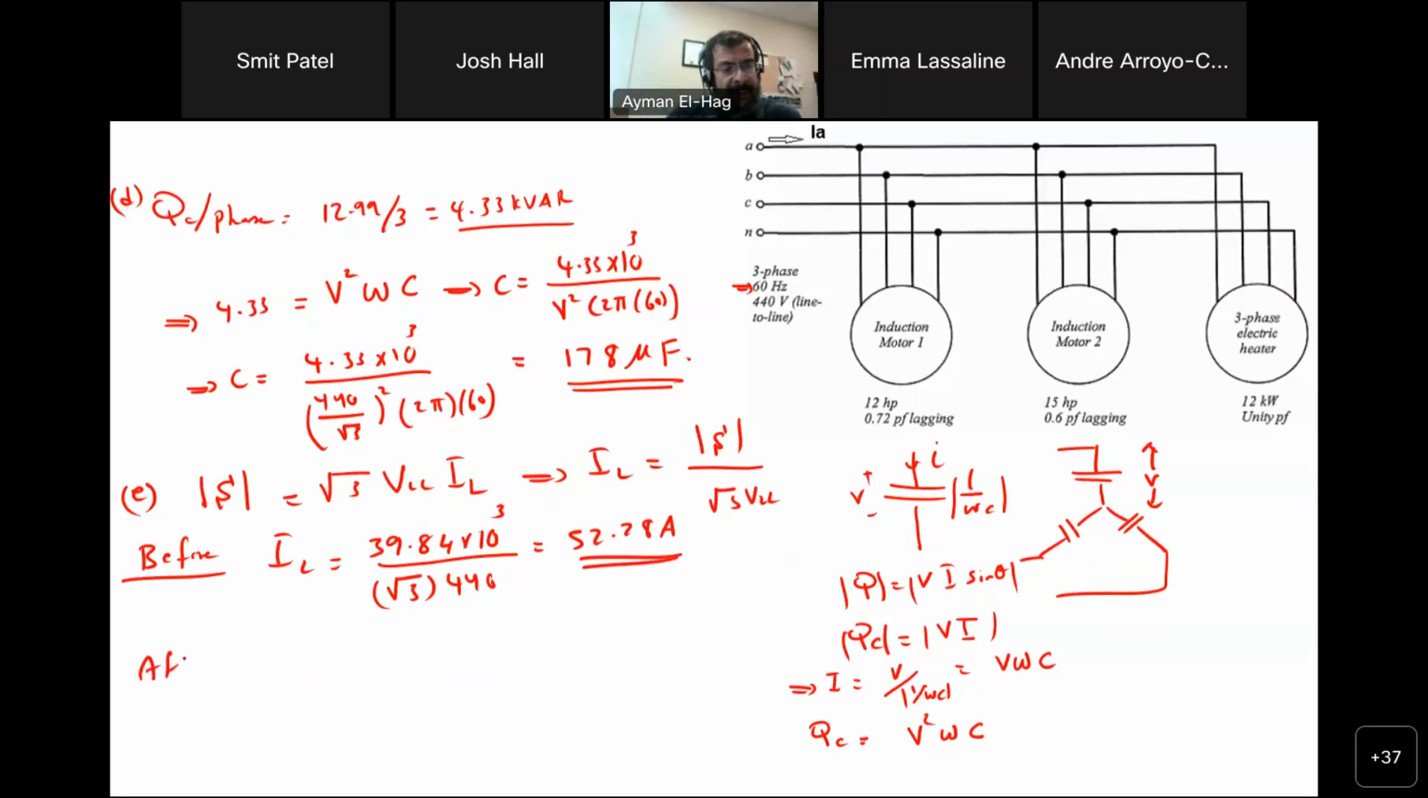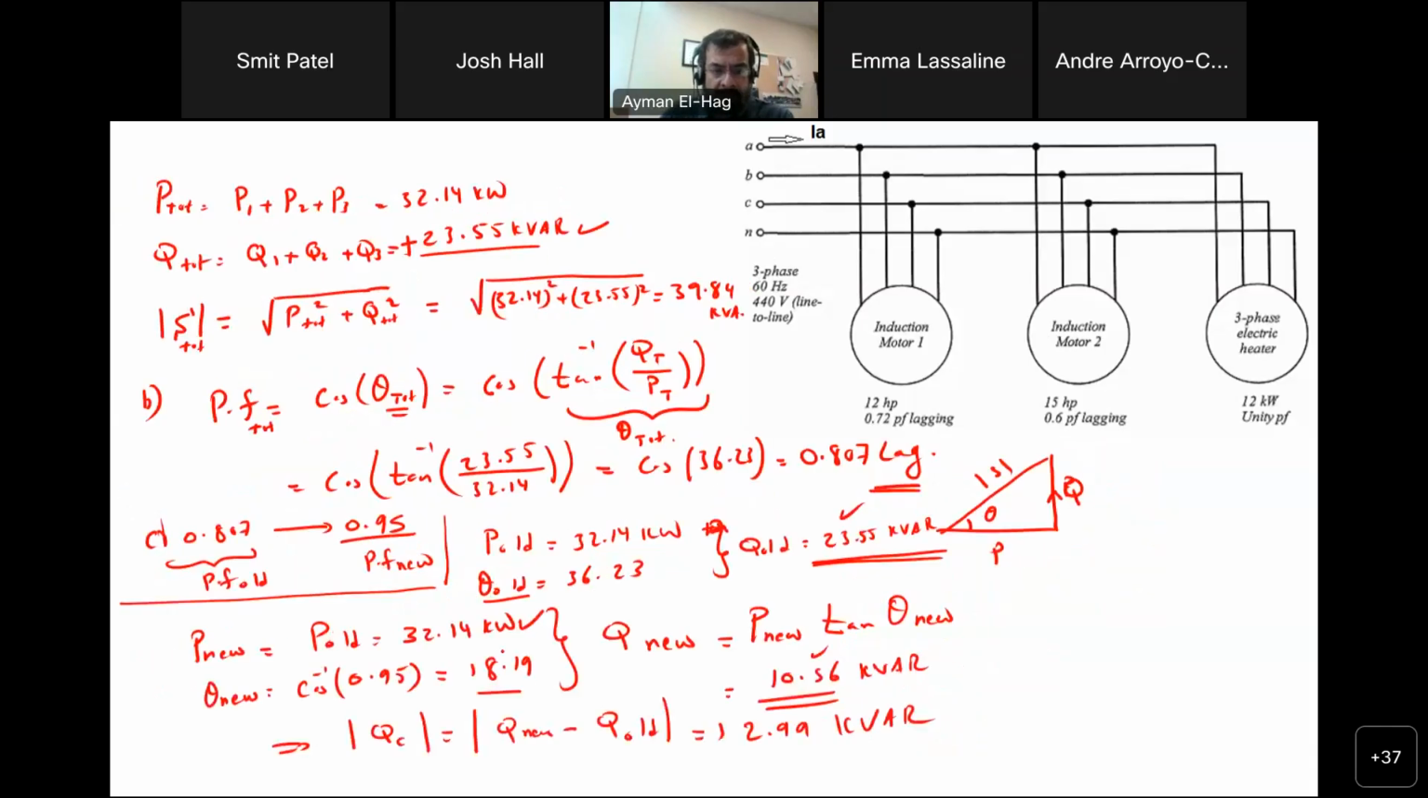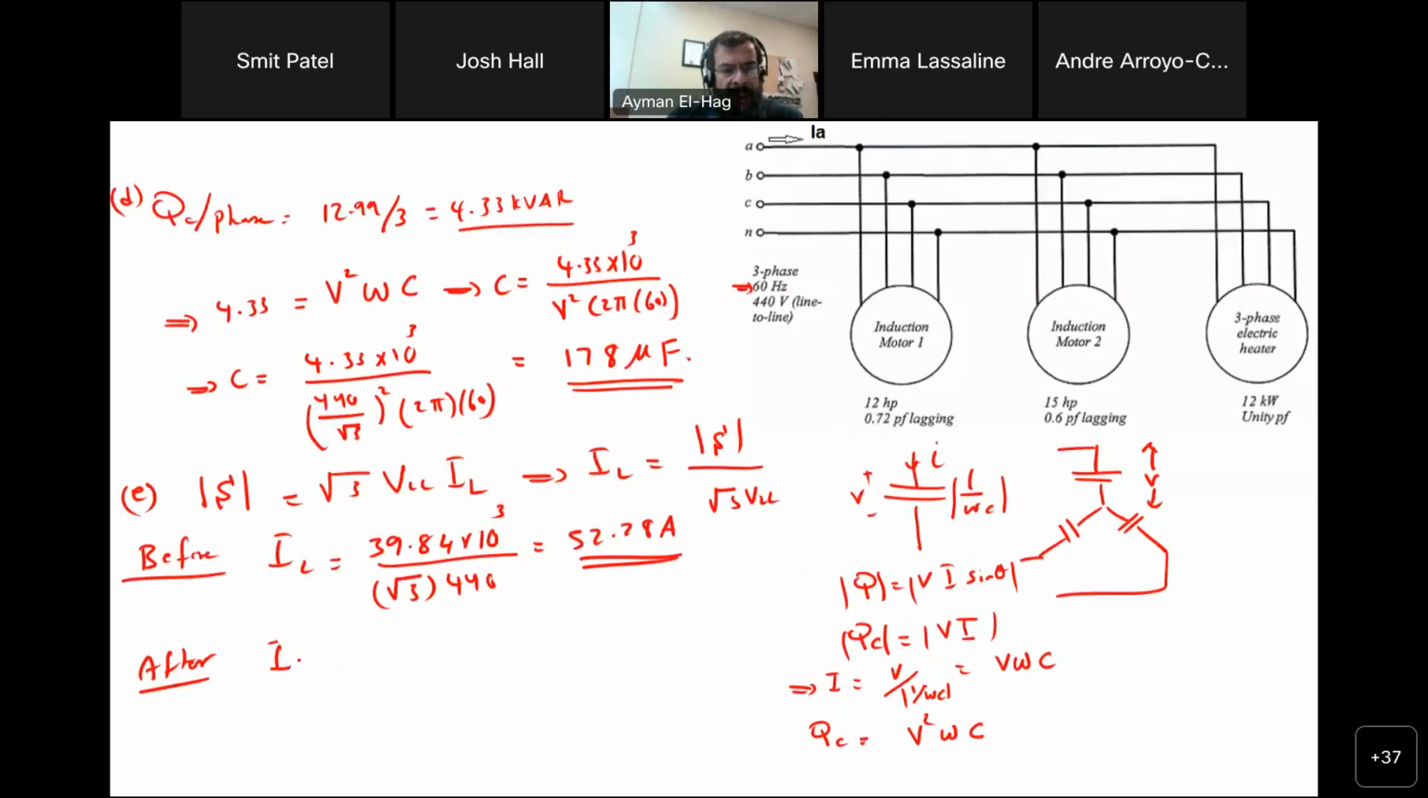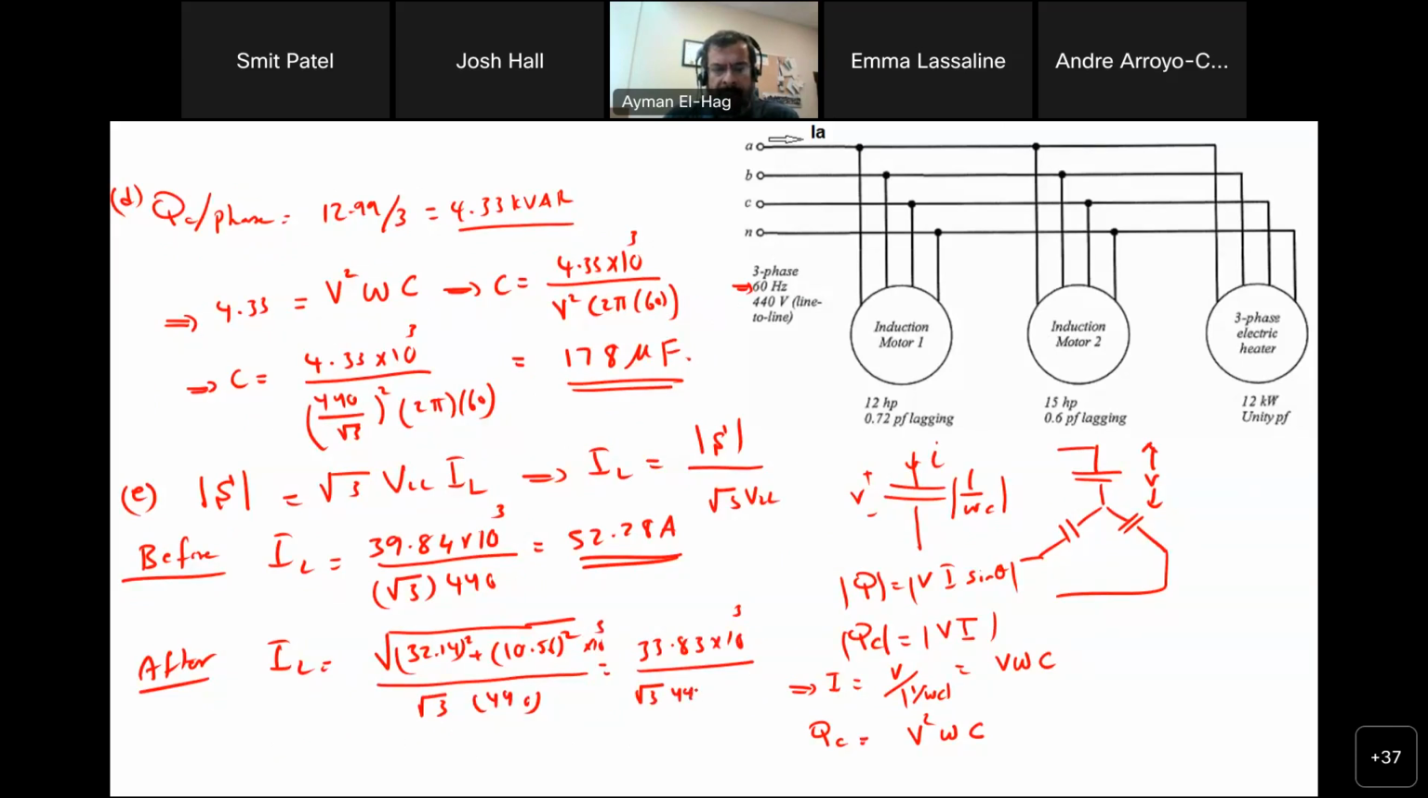Now after, same formula. In after, we calculated the P new, which is the same, and we calculated the Q new. So we need to find that new S again. This is straightforward. So your I line will equal the square root of the P square, 32.14 square, plus the Q, which is 10.56 square. I use the Q new to find the S new divided by root 3 times 440, and this will give me 33.83 times 10 to the power of 3, because this is everything times 10 to the power of 3 here, kilowatt and kVAR, divided by root 3 times 440, and this will give me